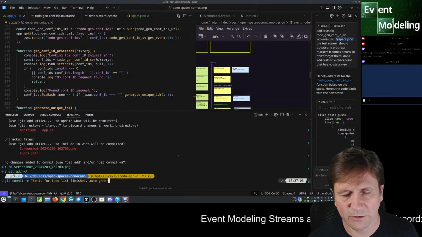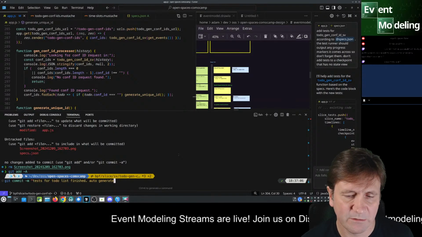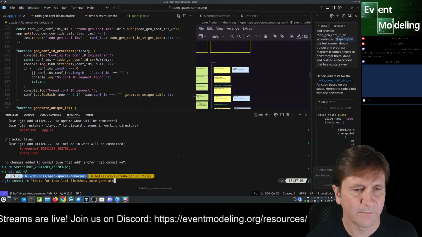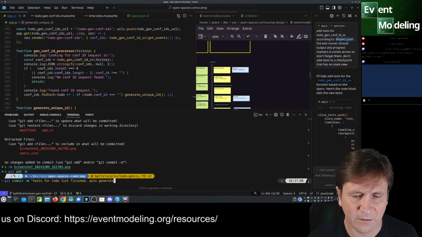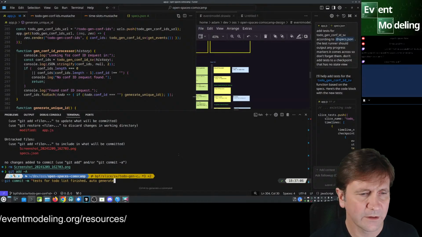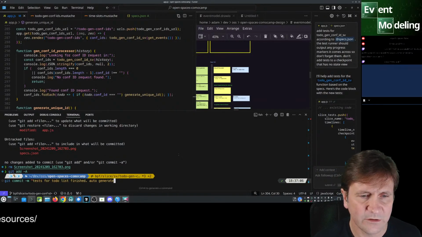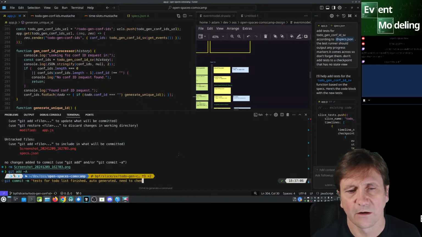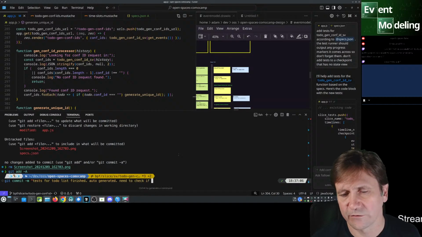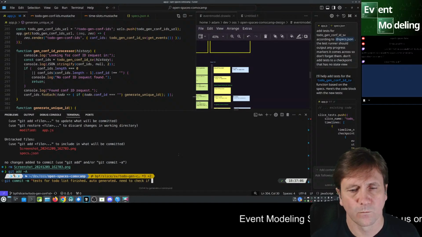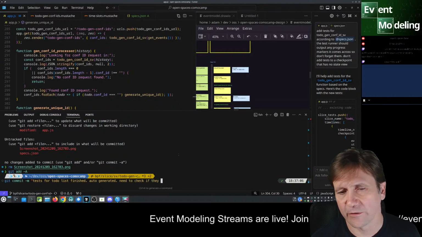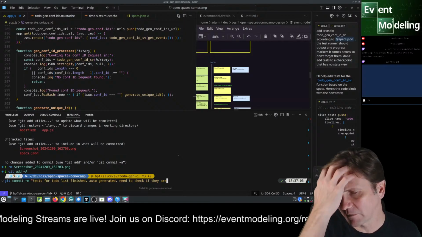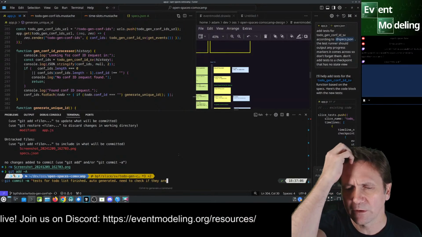auto-generated. Actually, we should probably see how good those tests are. I'm kind of trusting the AI. It might be just doing dumb stuff, but yeah, maybe we'll just look at that code and see how well it did. Tests for to-do lists finished, auto-generated. Need to check if they are okay, because we sometimes want them to be very specific or very complete in terms of having really good assertions.